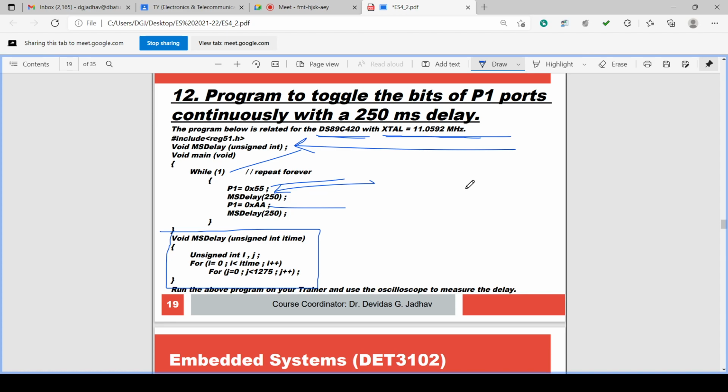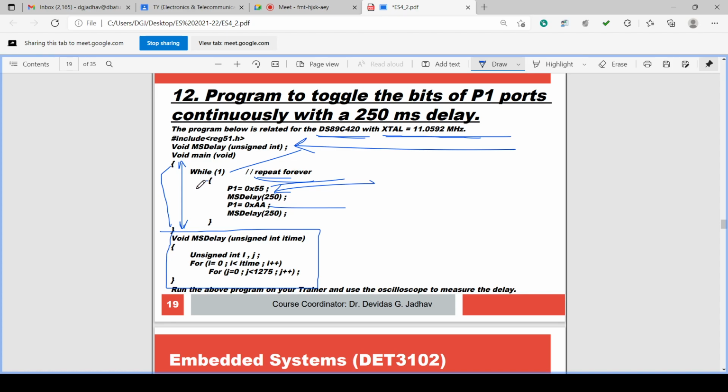the void main program. So this is the opening brace, closing brace, the block of commands of the main function. Then there is a while one, which is an infinite loop, repeating forever.